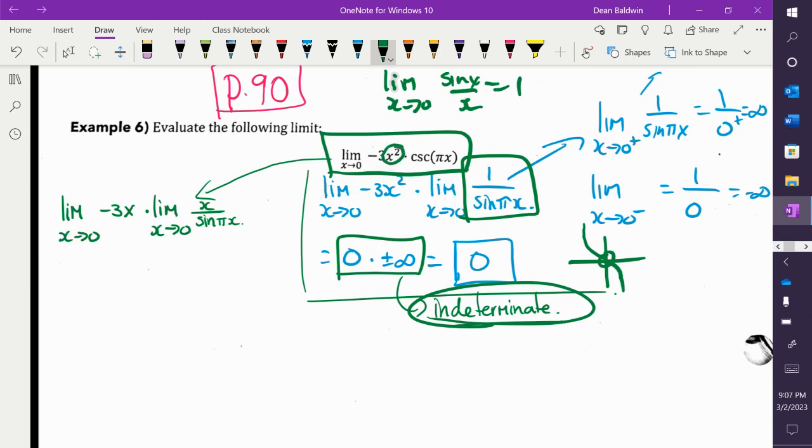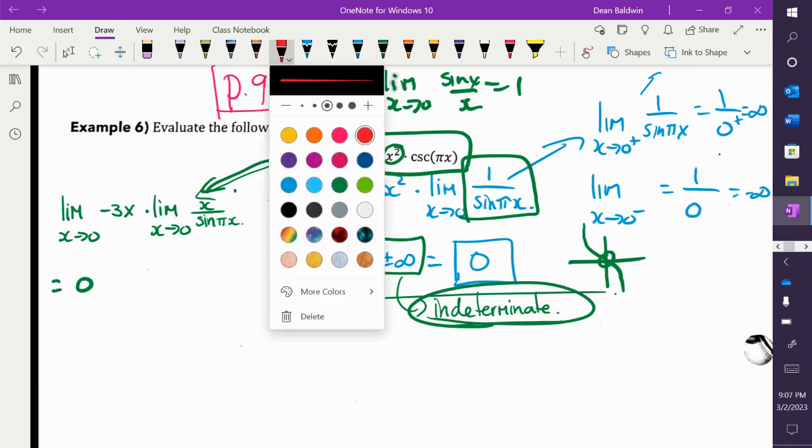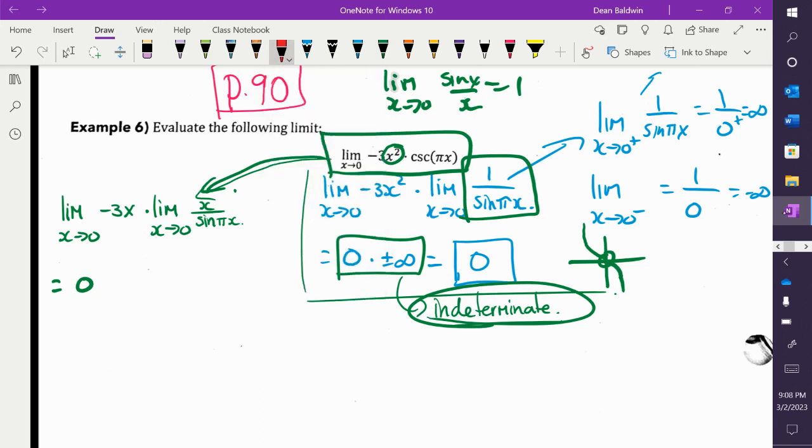We're going to borrow one of the x's from the x squared and rewrite our limit over here. So we get the limit as x goes to 0 of negative 3x, which is clearly 0. But the interesting one is the trig one, the limit as x goes to 0 of x over sine pi x. Now because it's pi x there, we need a pi up there. That means we have to multiply by 1 over pi as well, because that means we're just multiplying through by 1 overall. So then I get the limit 1 over pi times the limit as